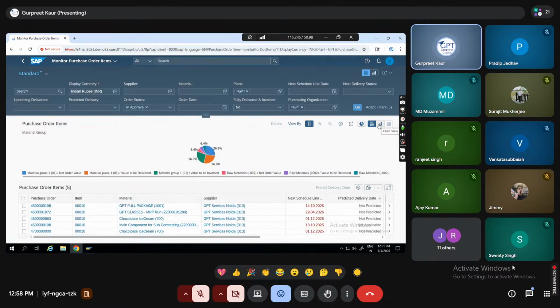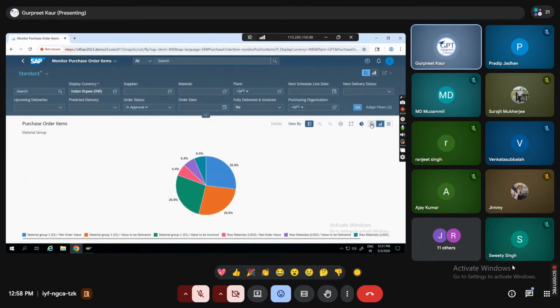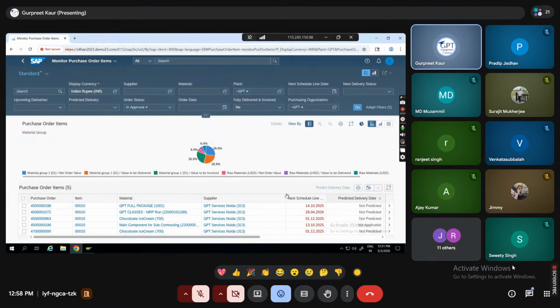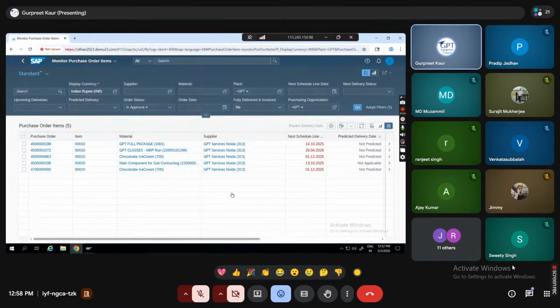If you only want to see the graph, you can go with the graph only. If you want to see the details also, at the bottom you have the details and on the top you have the graph, and if you want to see only details, you can. And you can actually download the details as well. You can export the sheet. And if you want, you can again drill down further.